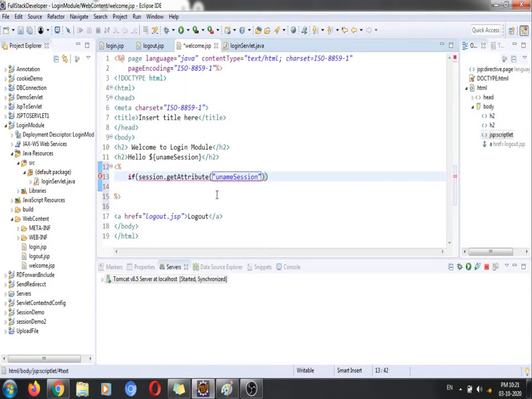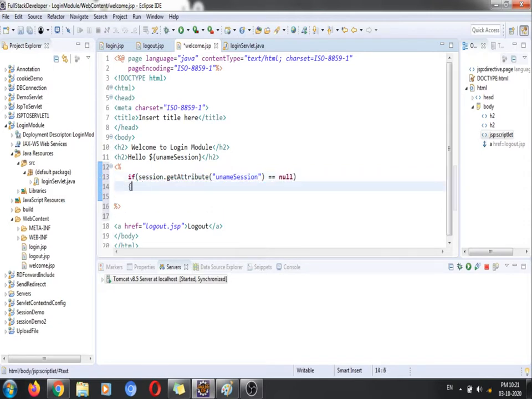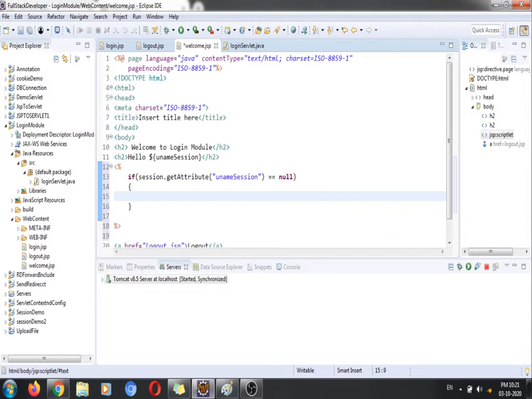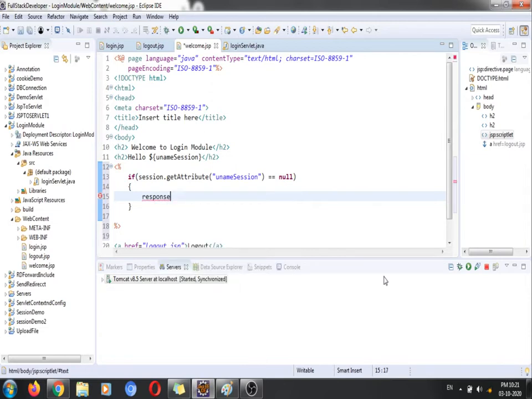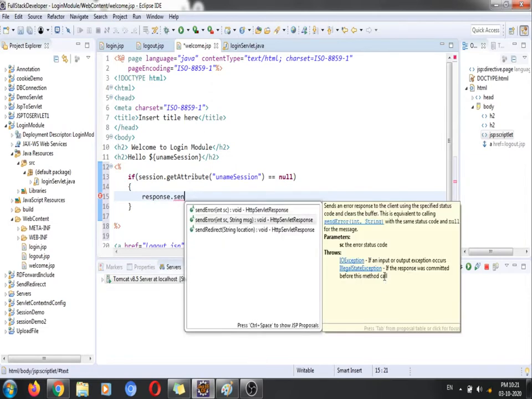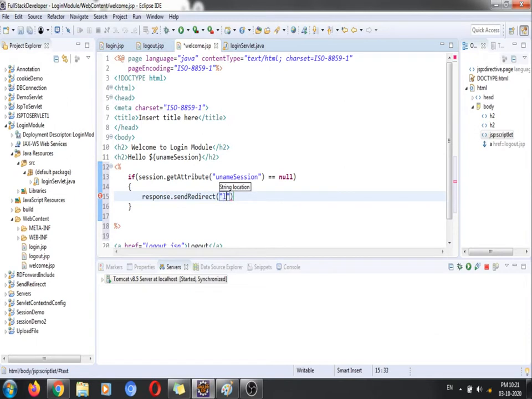Now if it is equal to null, then we should redirect to our login page. So how are we going to do that? There is one more object given by Tomcat, that is our response object. response.sendRedirect, and that is nothing but our login.jsp file.